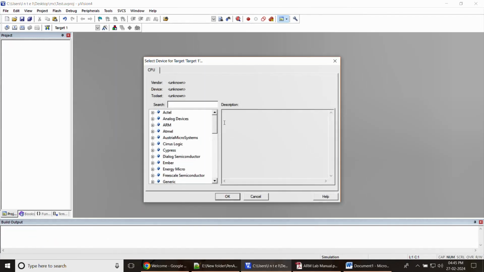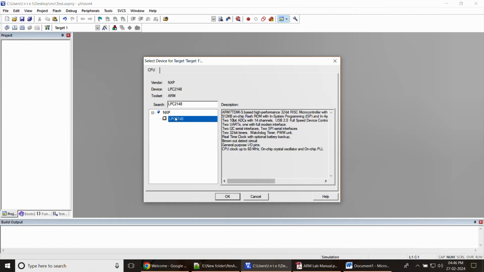Then after that, you can find that this window will appear. In this window you can see that there are many microcontrollers. For example, Actel, Analog, these are all the companies which prepare microcontrollers. So here we should use LPC2148. This is the microcontroller which has been prepared by a company called NXP. So NXP is a company which prepares the LPC2148 microcontroller. You can find that in the description it is ARM7 TDMI